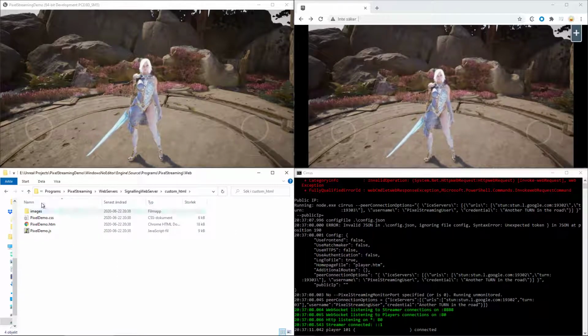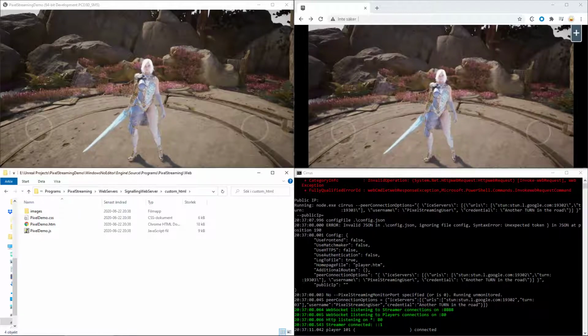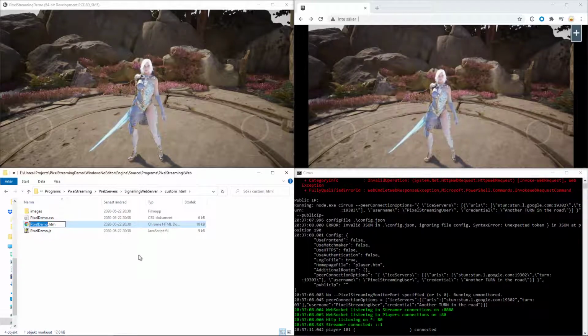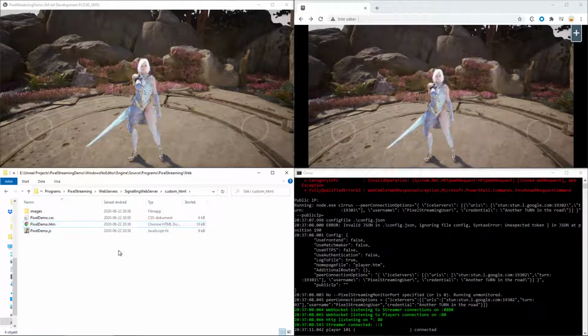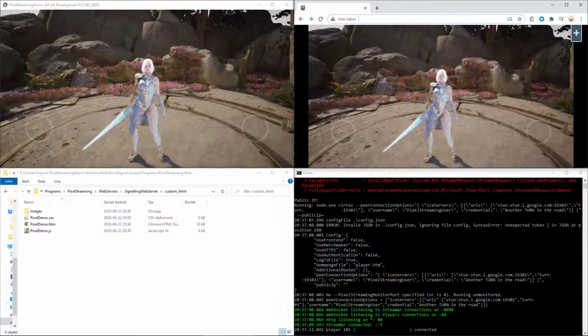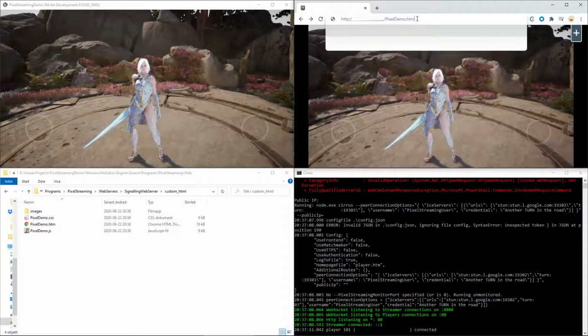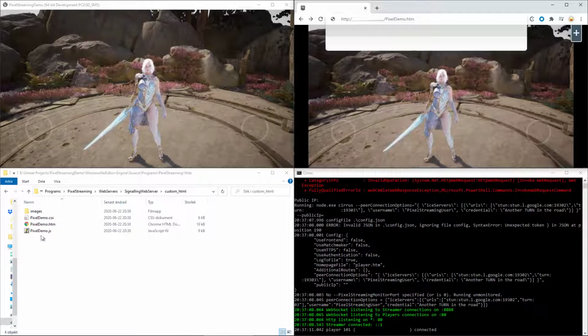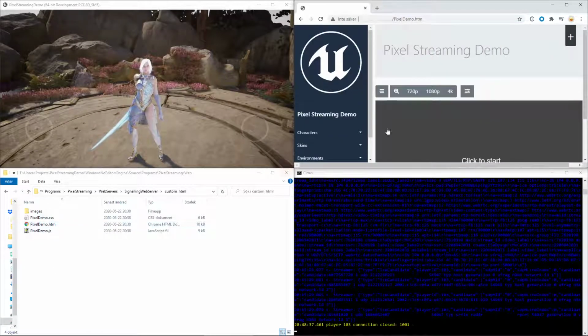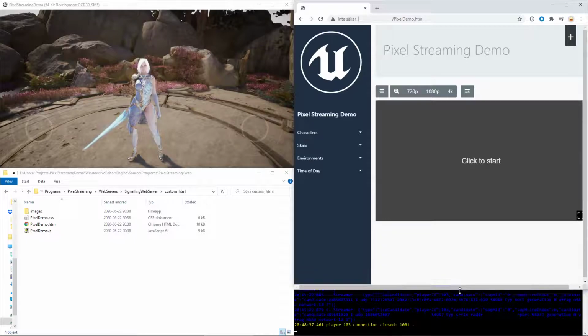Now with this in this folder here, you can see that we're already running the web server here and running the browser up in here. So what we can do is find this HTML file here, and you can share this instead of just sharing your IP. You can share this after a forward slash and pixel demo HTML, which it is in this case. And you'll see that it looks something like this.